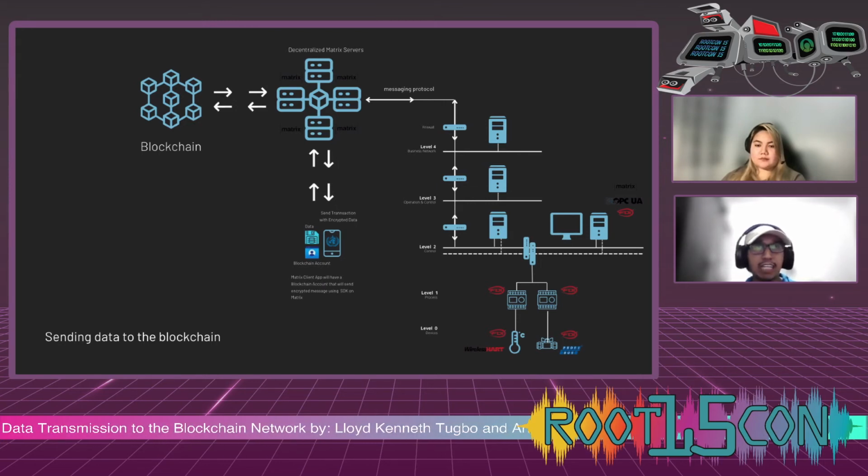First, we have our FDI-registered temperature sensor at the bottom right, at level 0 of the Purdue model. And the FDI, again, will ensure that the device package used to represent the sensor was registered under the FDI registration authority and therefore was not tampered with or altered in any way. Let's make sure that the World Health Organization ensures that the level 0 data was not tampered with at all, right? So all of this data is being sent to the FDI server in level 2,